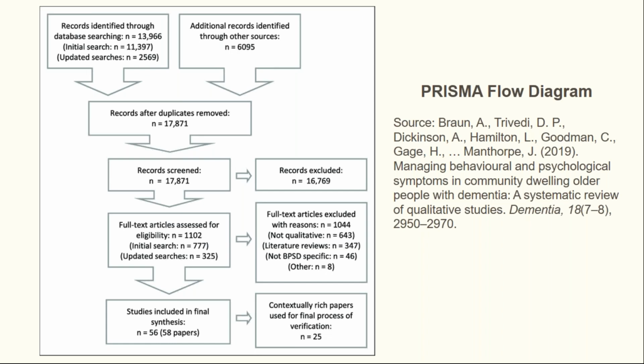So it's important at this point to note why studies were excluded at the full text review level. And so you can see here, they said they excluded 643 because they weren't qualitative, 347 were just regular old reviews of literature and were deemed not empirical. Some were excluded based on the focus and others were excluded for some other reason, which I'm sure they explain in their text. So this process of screening all those full text articles brings them to a grand total of 58 papers that reported the results of 56 studies.